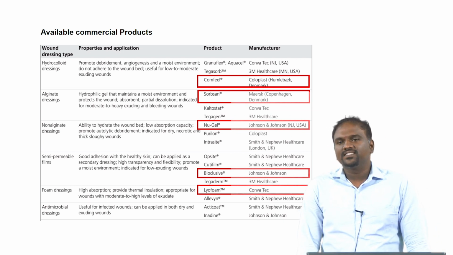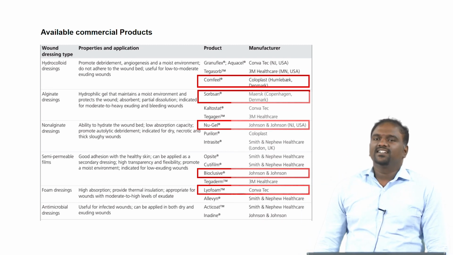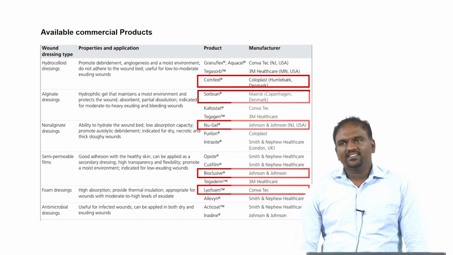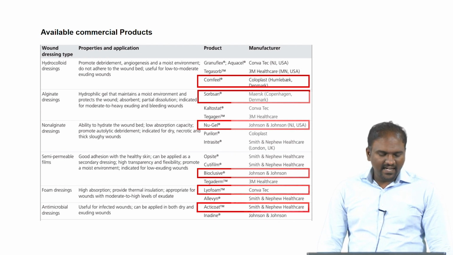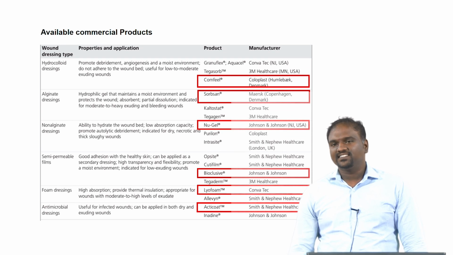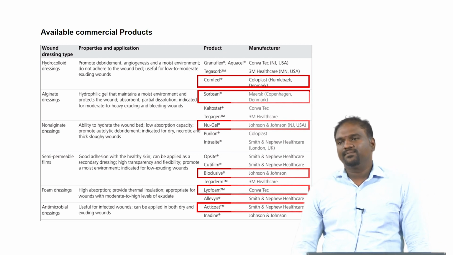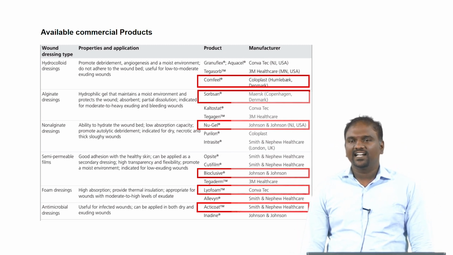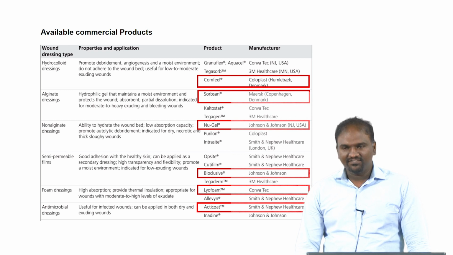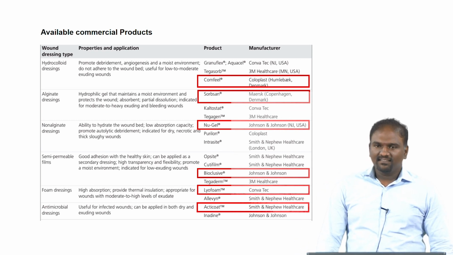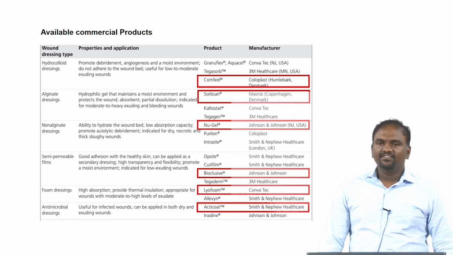They have foam dressings also. As we all know, foams are mainly made of polyurethanes. This is just to protect from the thermal environment, so it can be protected from various temperatures. Then we have antimicrobial dressings. As the name indicates, that dressing is to avoid infection, so whatever microorganisms invade the body can be avoided by these types of dressings. Acticoat, developed by Smith and Nephew Healthcare, is one of the products available. These are all the products available for simple wound dressing, not for the graft.